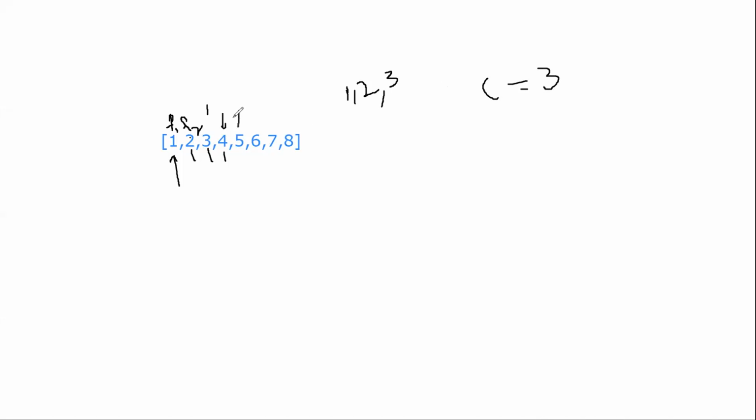So I will go to the next element, which is 5. That can be added to the sequence, so I increase the counter to 4. Then I move on like that. For 6 it won't be added. For 7 it won't be added. For 8 you can add that, so the counter will be 5. So that's where I will return.